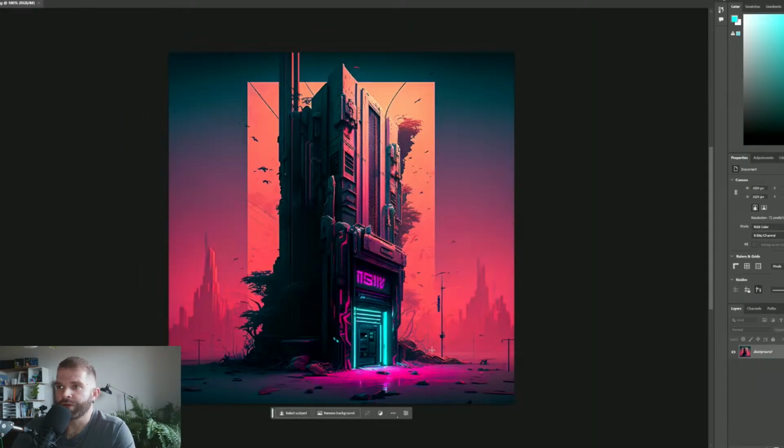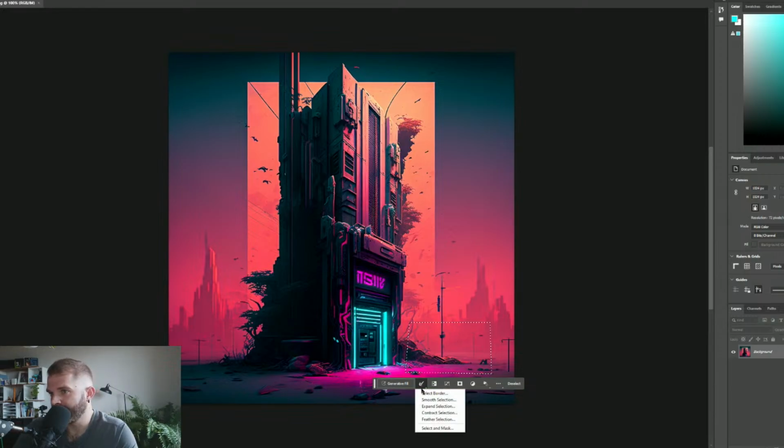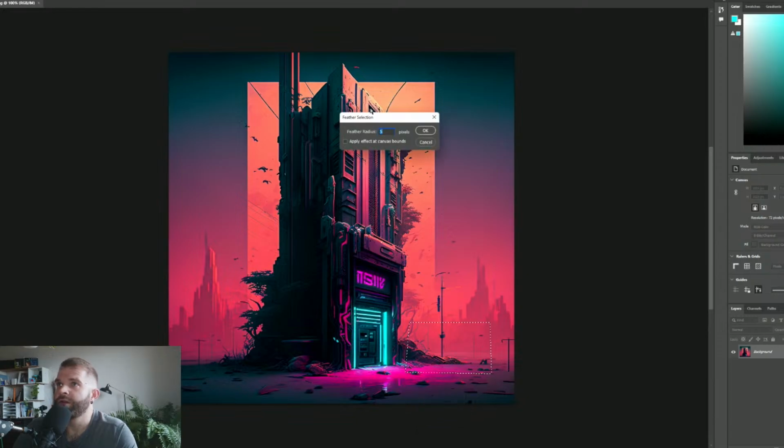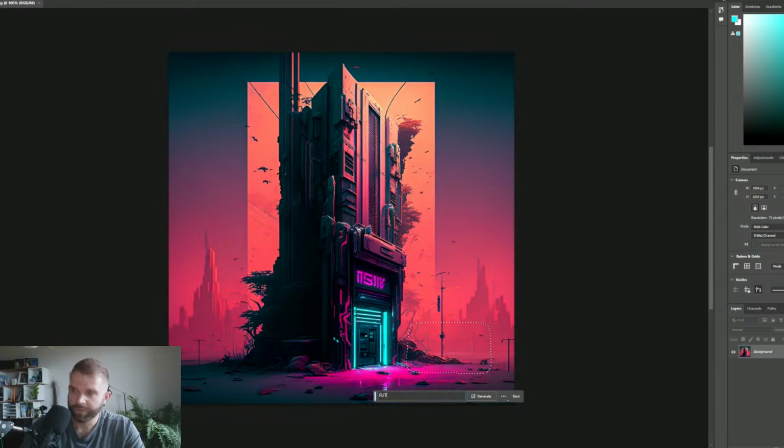And if I select an area where I want a vehicle, like say what I want to do to the scene, for comparison on both, I want to add a car right here and perhaps a character right in front as well. So if I wanted to add a car here in Photoshop, I have the selection done here. I can modify my selection a little bit by going right here and doing some feathering. So I can feather out for a radius of 15. That's just going to soften that border and kind of bleed out a little bit outside of that selection area, just so it fades the image as it needs to. So I can do generative fill, and I'd like to say futuristic DeLorean car,